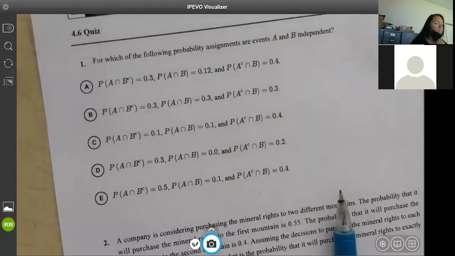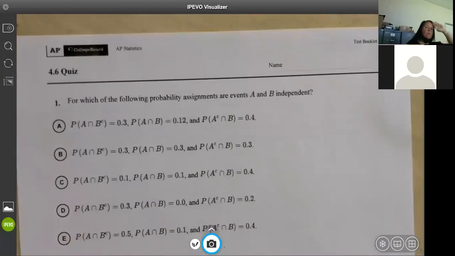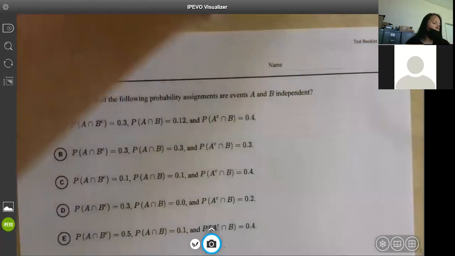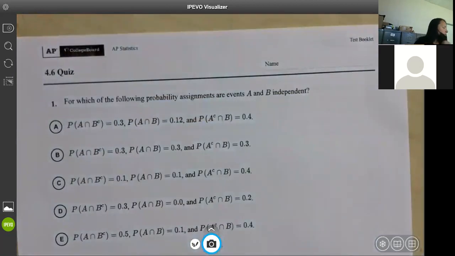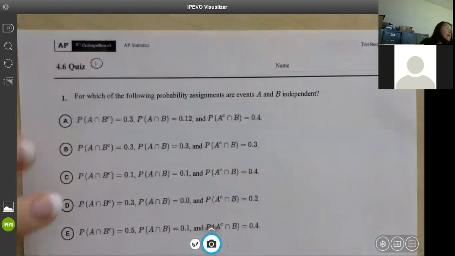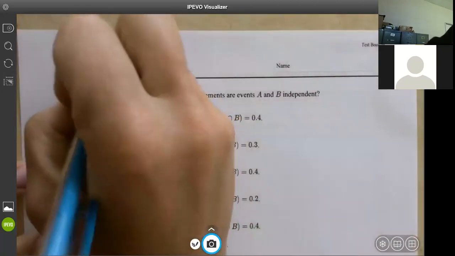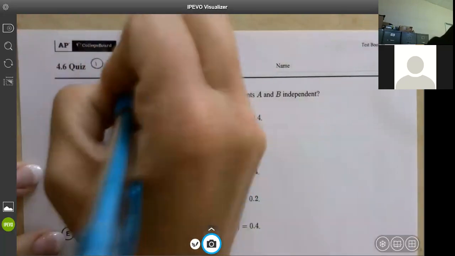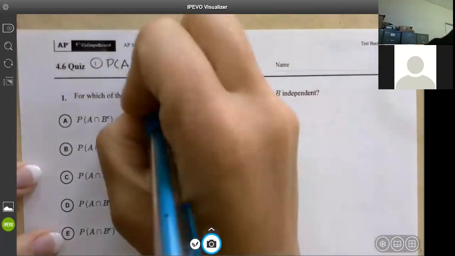All right. So for this very first one, it says, for which of the following probability assignments are events A and B independent? So the first thing that you need to know is you need to find the probability of A and the probability of B singularly, okay? So the way you do that, the probability of A, and you may want to write these formulas down,